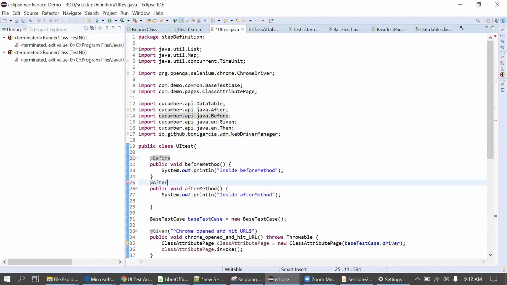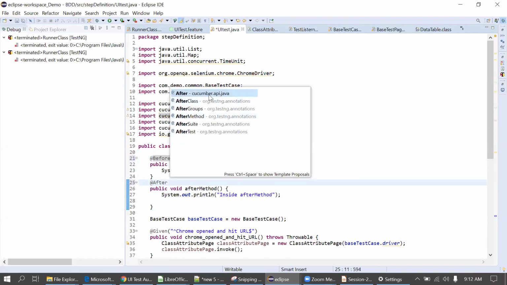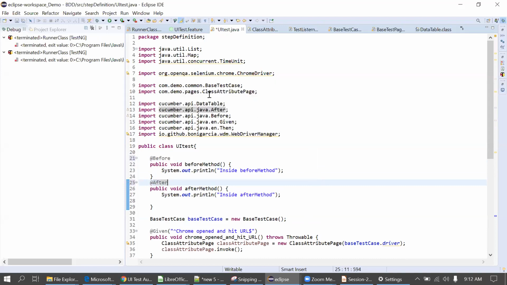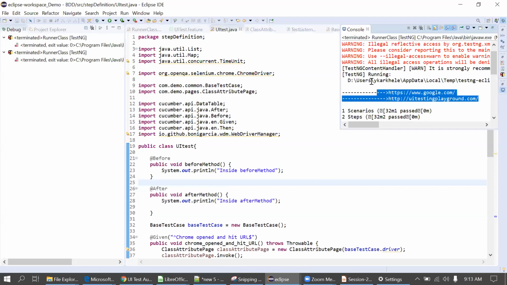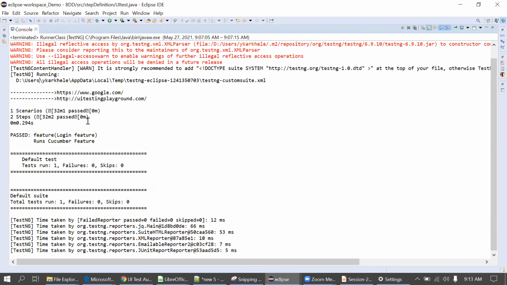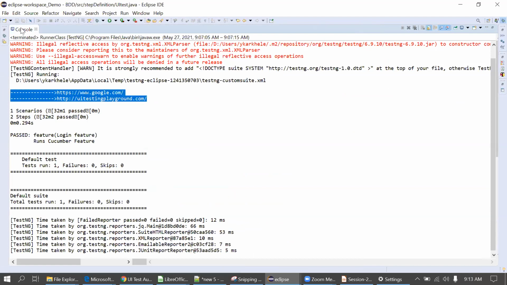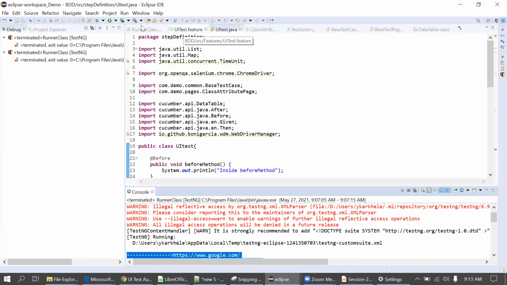Then @after. It's again from Cucumber, not from Java testing, not from JUnit. I'm just opening the console now. You can see the previous output. We have just printed these URLs here. Now I will execute this scenario again and you will see the output.